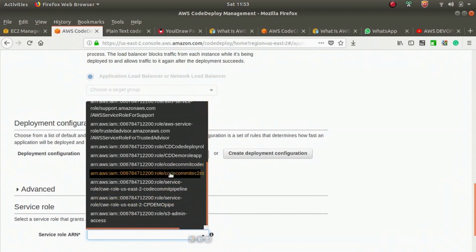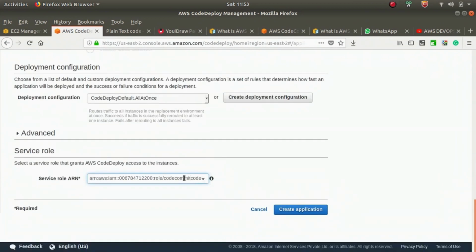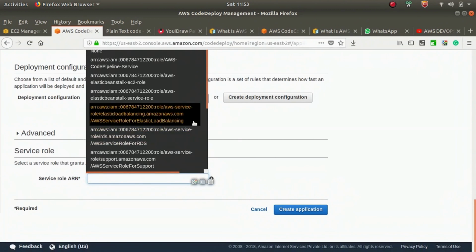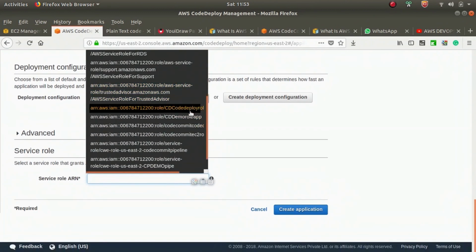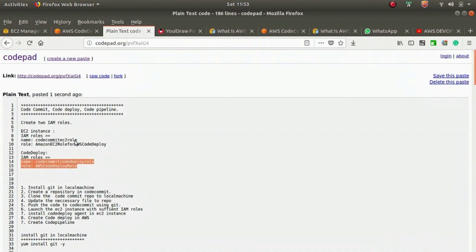So the second one, yeah, this is the one. CodeCommit CodeDeploy role 2, this one we need to select. This is the one which we created at starting time.